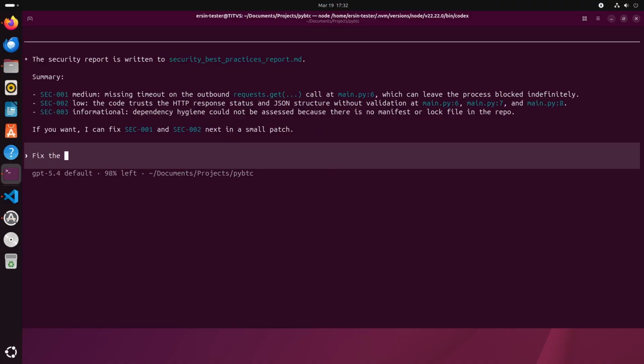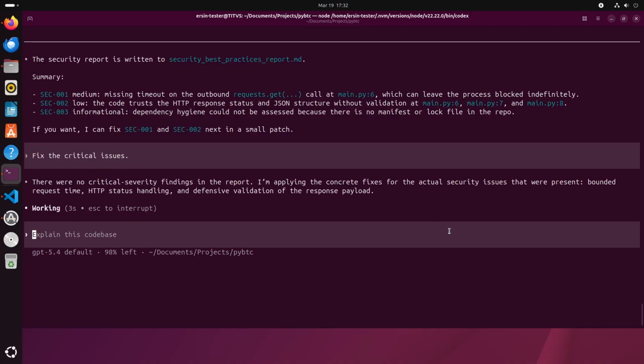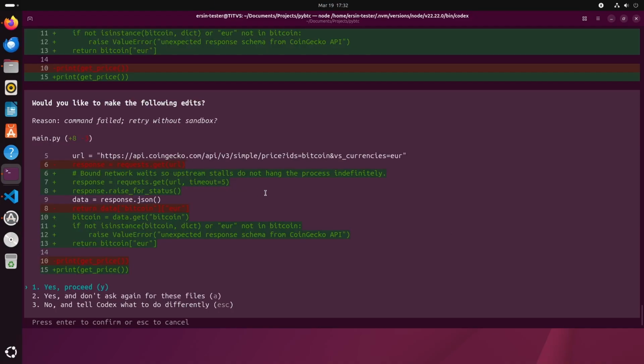And I will say fix the critical issues. Until this point, it didn't change anything, but now it will change the code. Yeah, now timeout as 5 milliseconds added, and the other change is JSON validation.